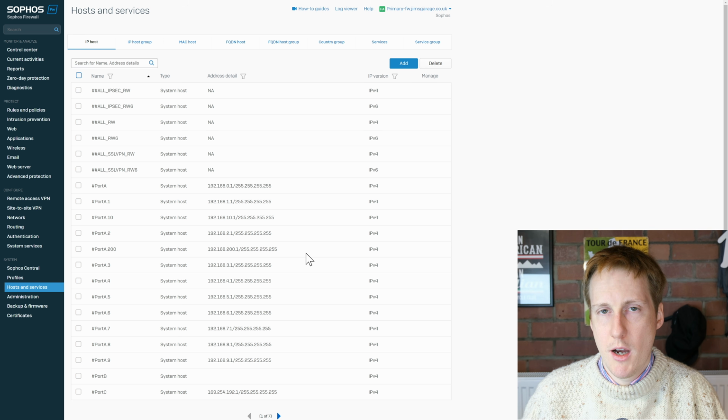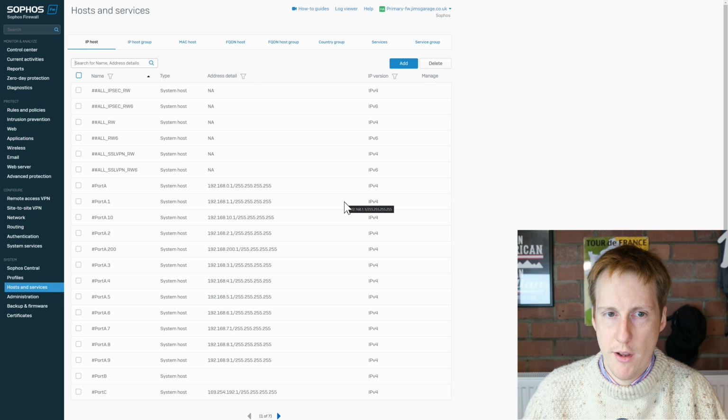For instance, in my setup, I make sure that I keep a record of all my internal IP addresses, because if things like my reverse proxy go down, I can no longer access them through a subdomain of jimsgarage.co.uk. I need to defer back to the IP address. This can be useful for things as simple as Docker, whereby you might have traffic.yourdomain.com. Once Traefik's gone down, or your Pi-hole's gone down, or whatever your DNS resolver is, you need to fall back to an IP address. So within Sophos XG, we've got a few things we can do,